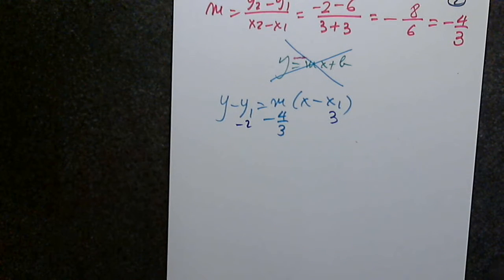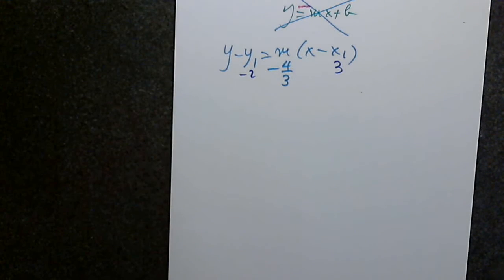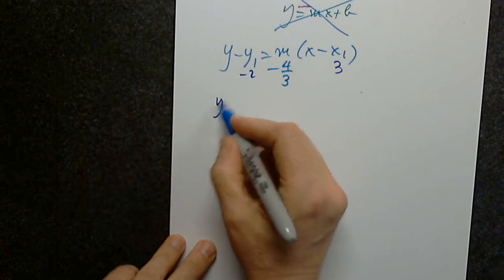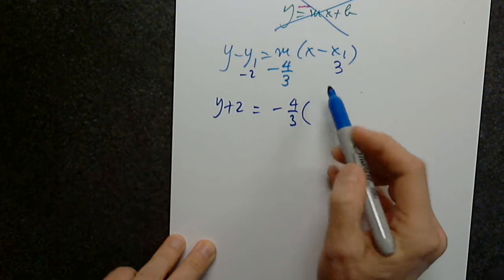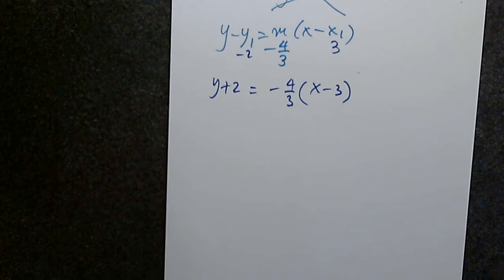x1 is 3, y1 is negative 2. So y minus negative 2. That's why I wrote it like this so we don't make a mistake. So y plus 2 equals negative 4/3 times x minus 3. I have to solve for y